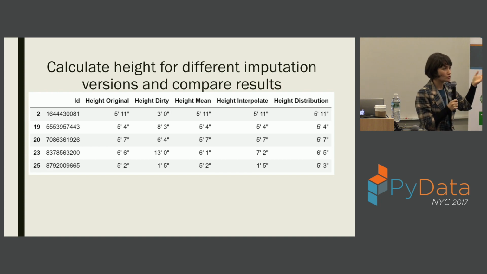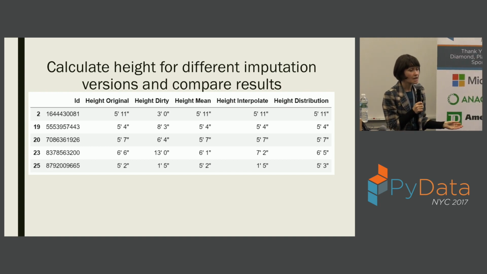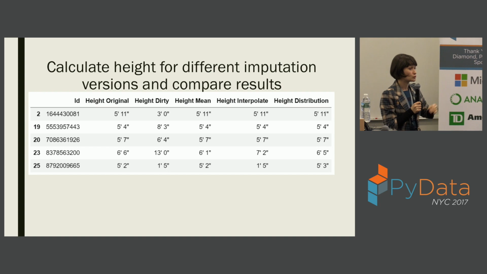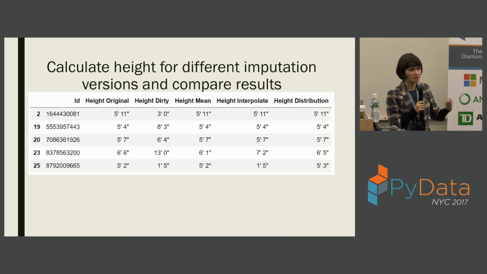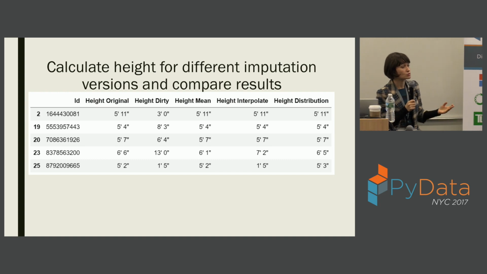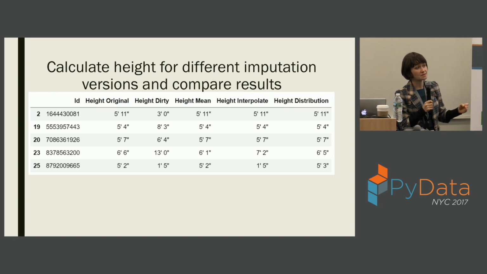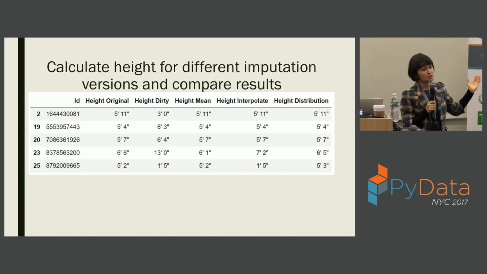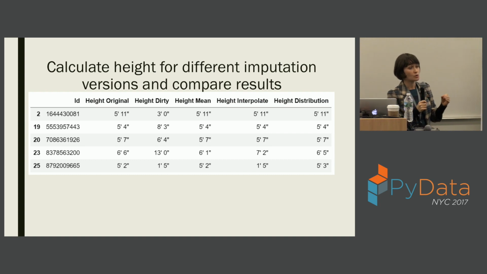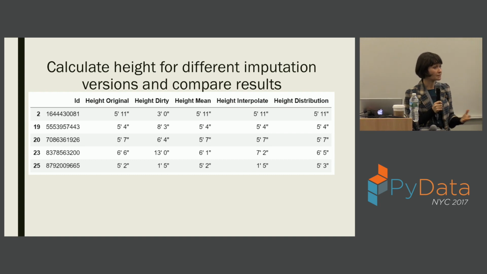What happens in real life, here's just one example. You can try all those sorts of things and see how it works. But in production, you have to decide. If you are actually imputing data in production in the process, you have to decide which one you use. So you need to study it and see whether the mean is appropriate. It depends on what the distribution looks like, and whether this is going to affect your downstream results if you start modeling with this data. So it's a tricky question.